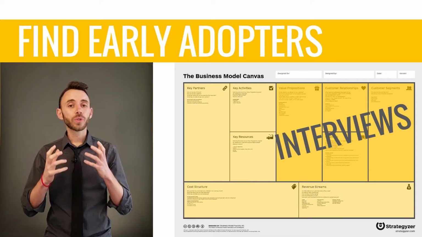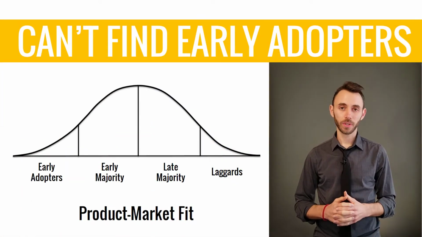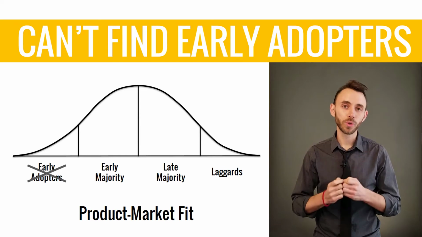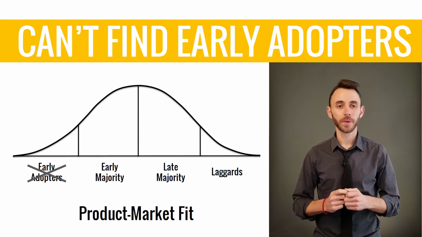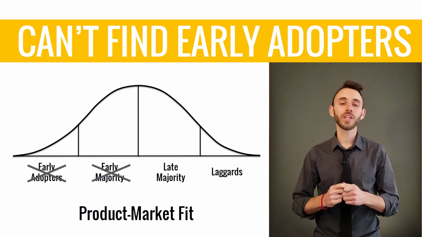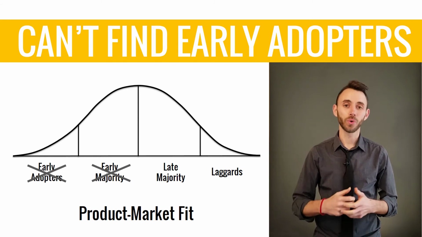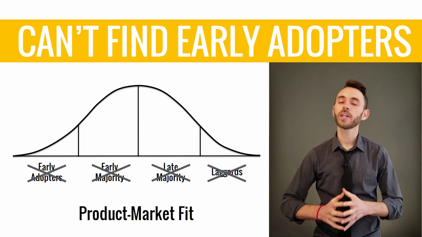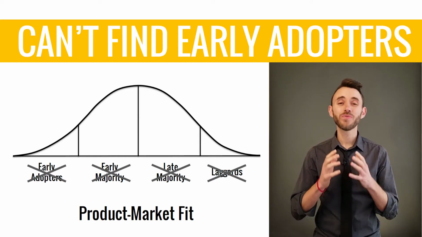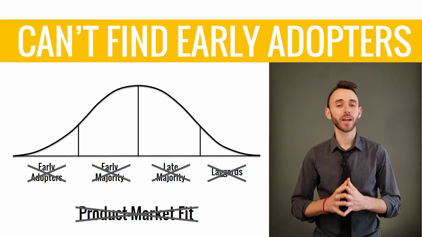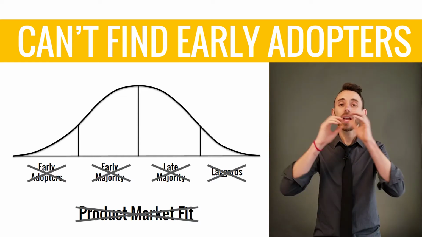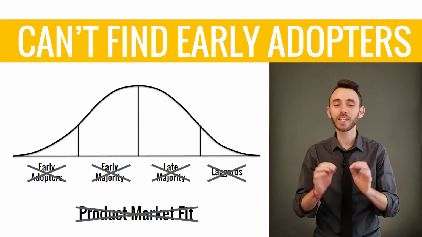Now, if your students can't find early adopters, that means they're not going to have anyone to provide social proof to the early majority. And so that means they're not going to find anyone who's going to bring on the late majority or the laggards. If your students can't find early adopters, it means it's very unlikely they're going to be able to find product market fit. If they can't find people out there in the world who are actively seeking a solution to this